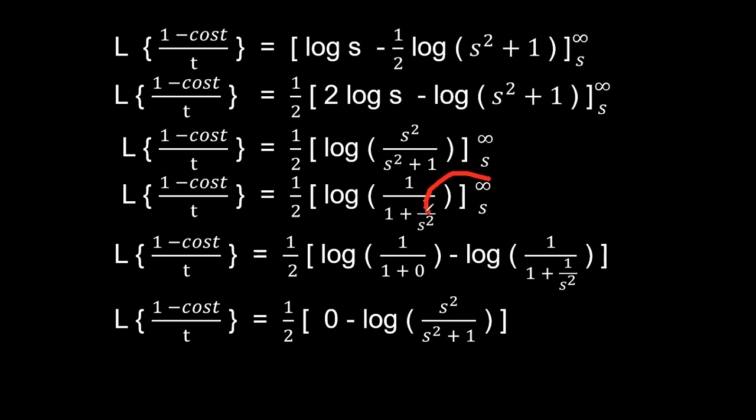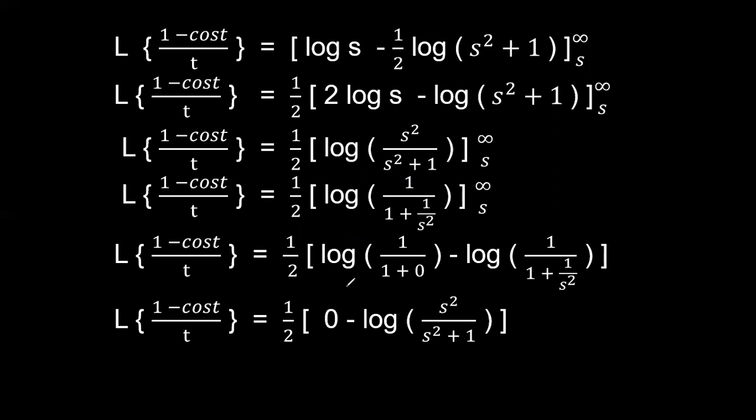Now apply the upper limit wherever you have the s, and apply the lower limit in this s term. After applying the upper limit, what you will get? That value will be log 1. What is the log 1 value? 0. So if you apply the lower limit, what you will get? The same function, whatever the function which is represented here. If you do the simplification, taking the LCM in this denominator part and simplifying, again you will get the same function which is represented here.